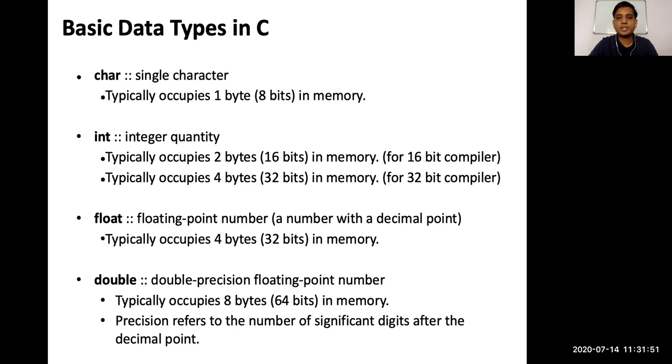But here we are using GCC. GCC is the 32-bit compiler. So when you are creating an integer variable, the size of that integer variable is 4 bytes in GCC. Okay, so take note of the difference here. For Turbo C it is 2 bytes, for GCC it is 4 bytes of memory that your integer requires. Now next one is float. The float requires 4 bytes of memory, and in it we can store a number which has a decimal point. Okay, so a number with a decimal point we can store inside the float variable.